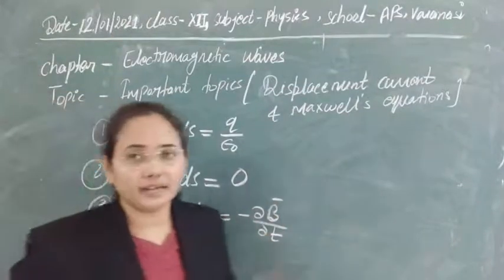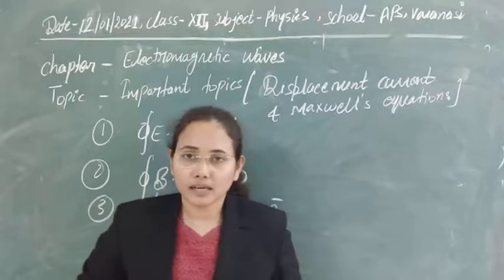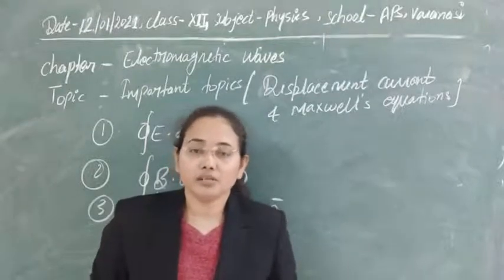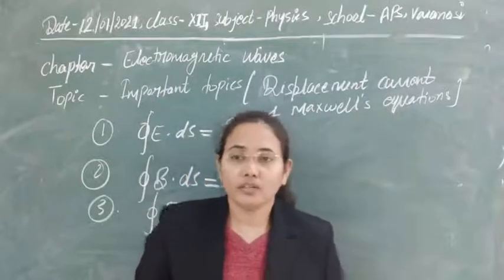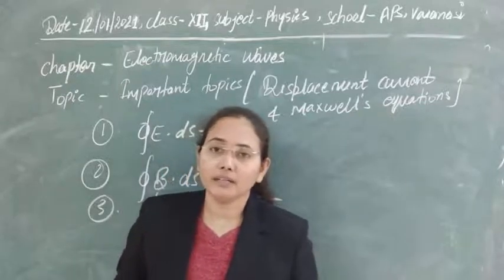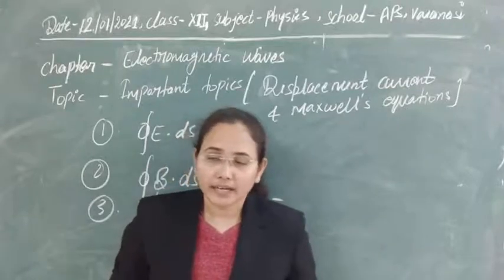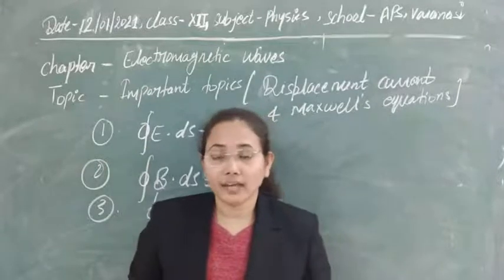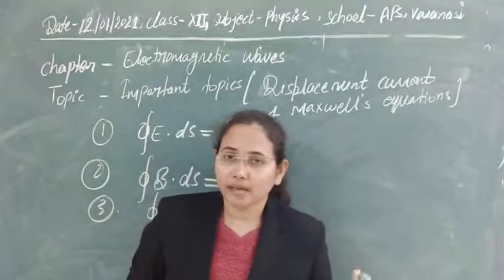The last equation is the equation of electrodynamics. Whenever there is dynamic or variable motion in the electric field, meaning the electric field is changing, as we took only the uniform electric field in the case of Gauss's law, what will be the effect when the electric field is varying? In that case the variable electric field can produce a magnetic field, and also a steady electric field can also produce a magnetic field.